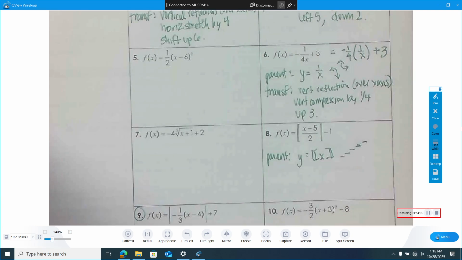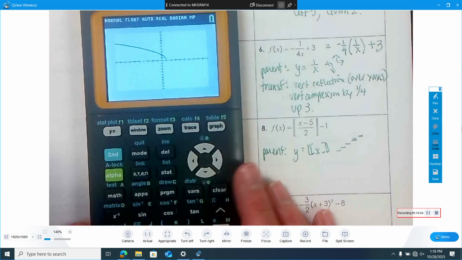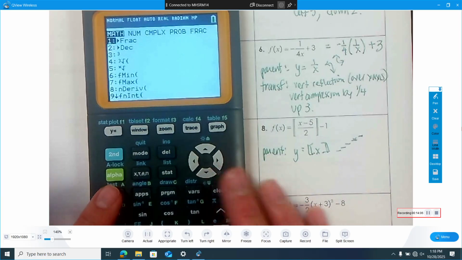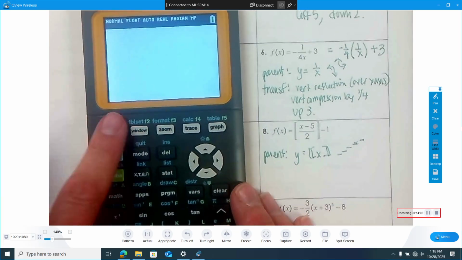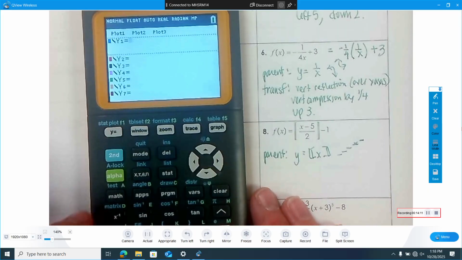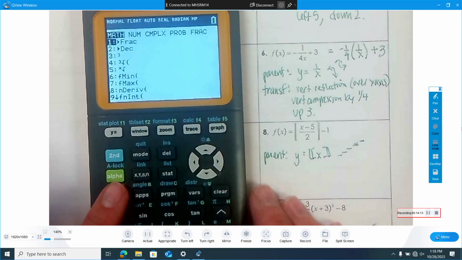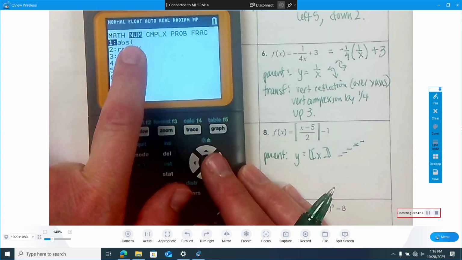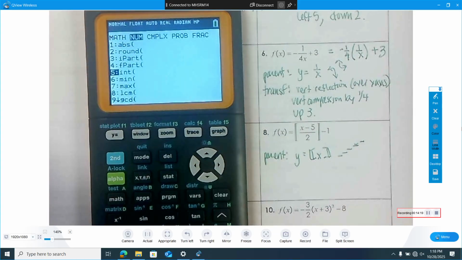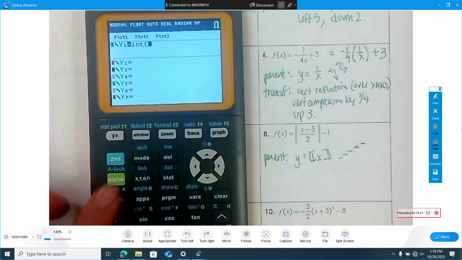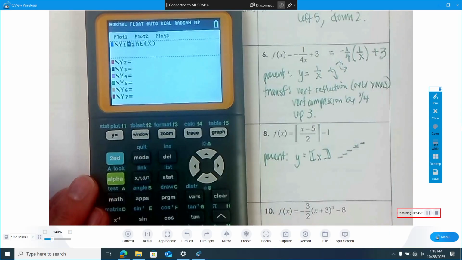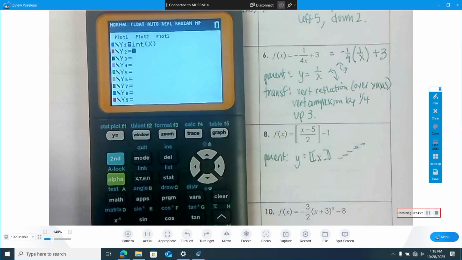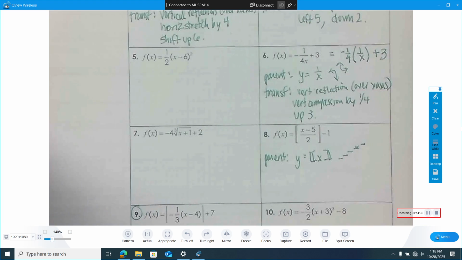That's that shape. Wait, how do we get that on your calculator? It's math. And so if I wanted to graph that one, I'd go to y equals, and then I would do the math menu, and then I was under num. If you arrow over to num, and then go down to int. So int is that function. So there's the greatest integer function. All right, and then, so